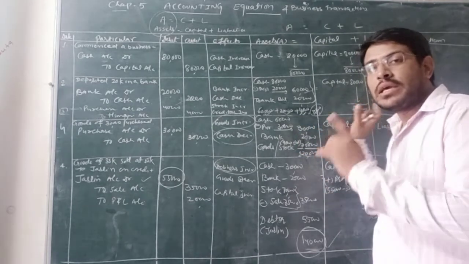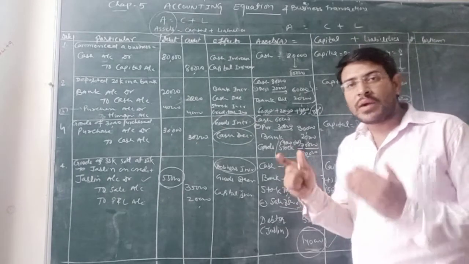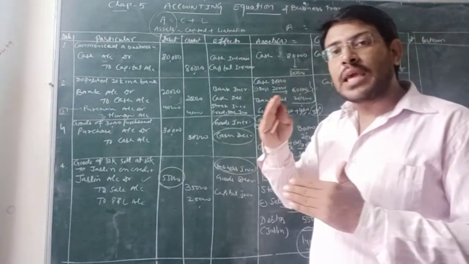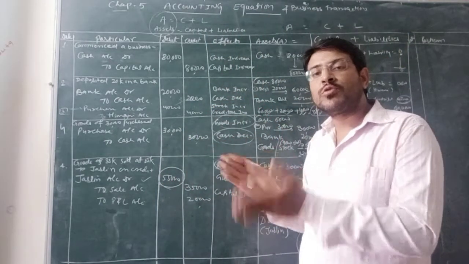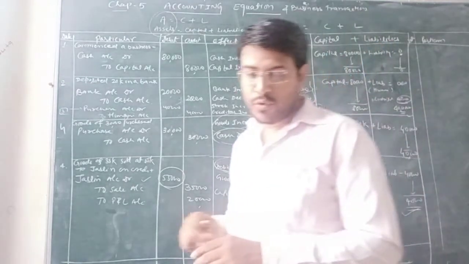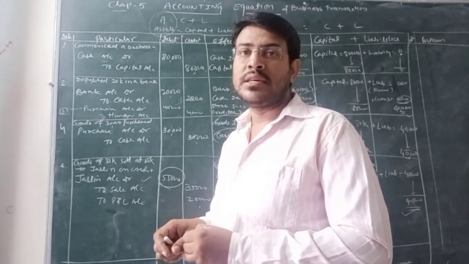वो दोनों मिलके जो होंगे वो एसेट्स के इक्वल होंगे. यही तो हमें प्रूव करना है कि हमारी जितनी एसेट्स हैं बिजनेस में और उसका टोटल करेंगे कैपिटल और लायबिलिटी की कंपैरिजन में, तो दोनों सेम आना चाहिए और वो आ रहा है. ठीक है. सी द नेक्स्ट पॉइंट, पॉइंट नंबर 4. गुड्स ऑफ 30,000 परचेज्ड फॉर कैश.